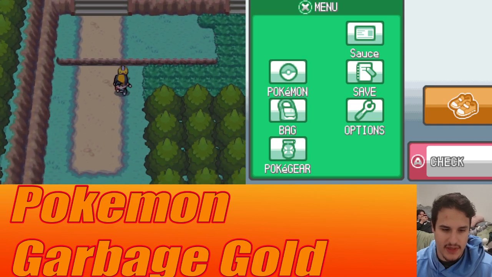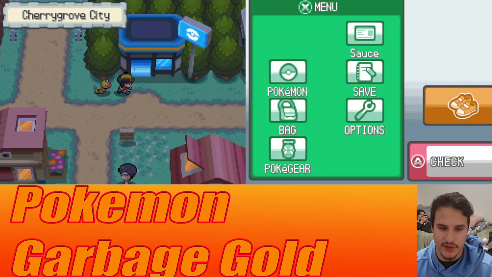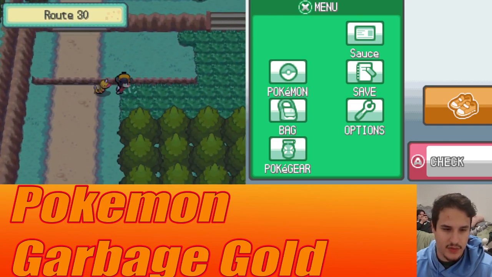Alright, so we got our Magikarp. Now you can probably just use another Repel. Let's go heal up before we do this route, because there are... actually, wait, there aren't any trainers yet. Yeah, we can just run up and...